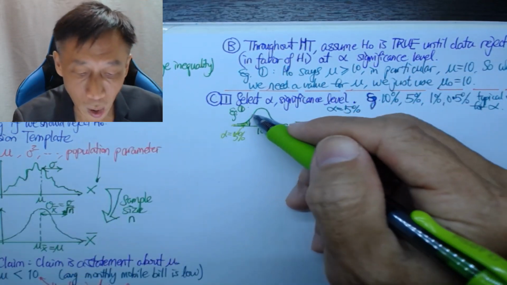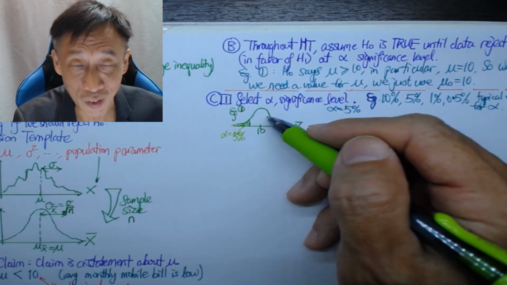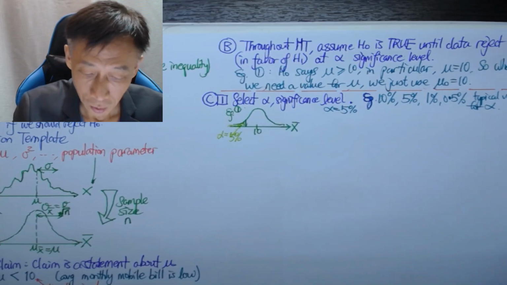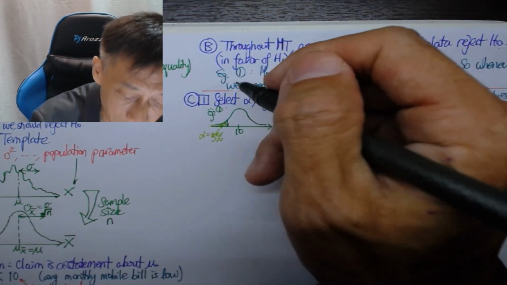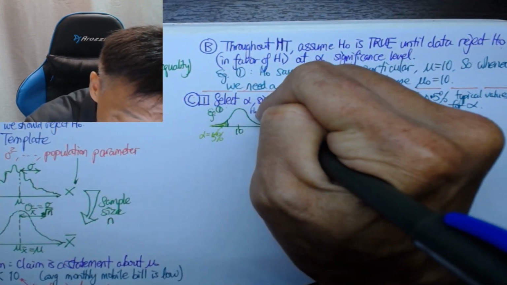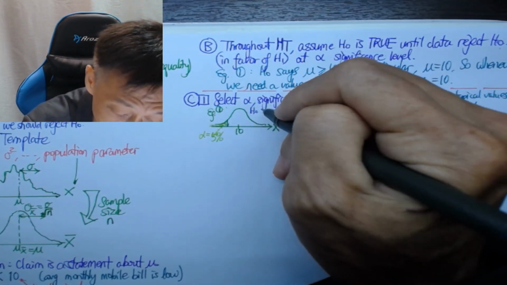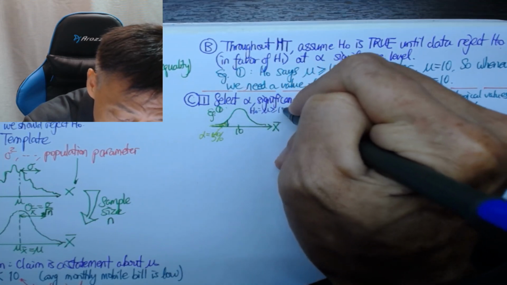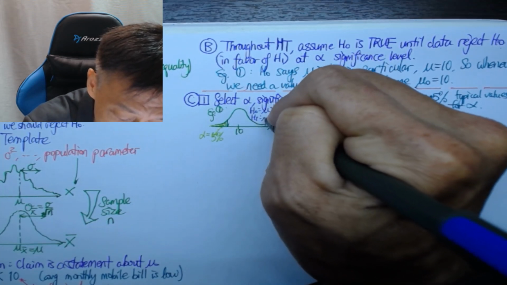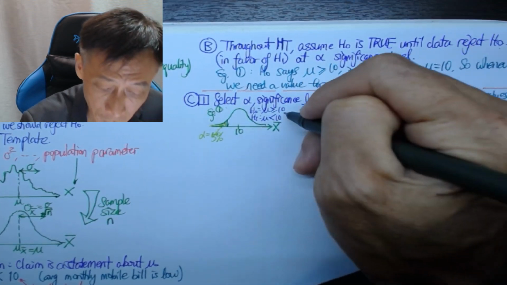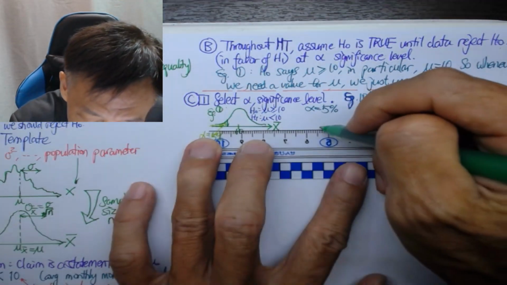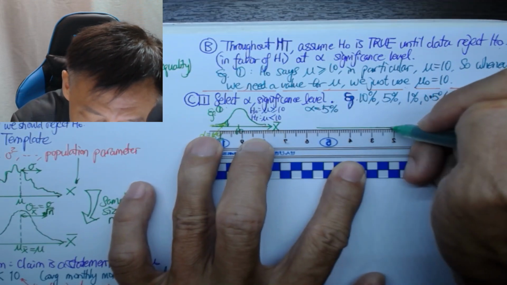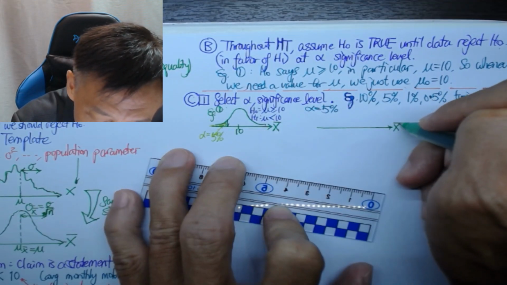Then naturally the white portion will be 95%. Okay. So this is the case when we have H naught: mu is greater than or equal to 10, H1: mu is less than 10. Okay. Then we can also talk about the second case, which is that our x bar, right, and then we